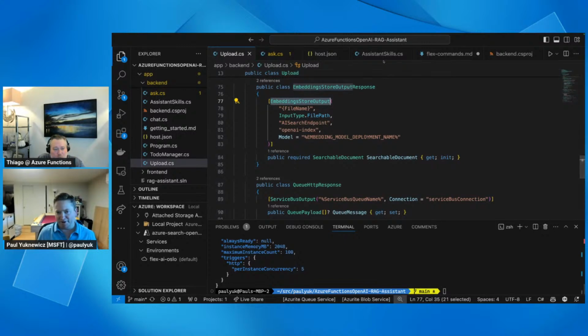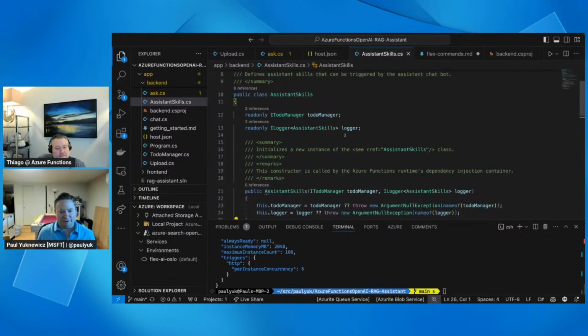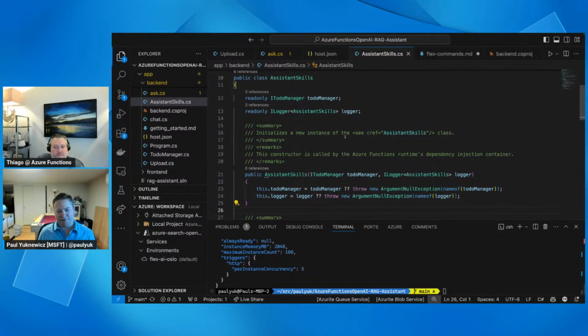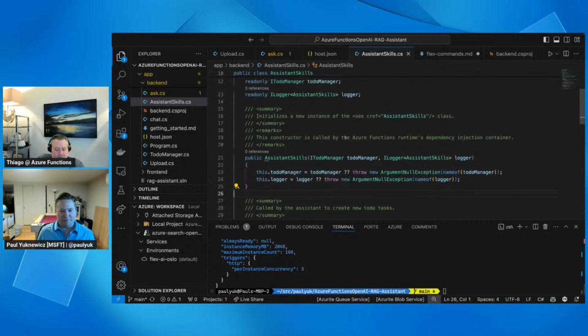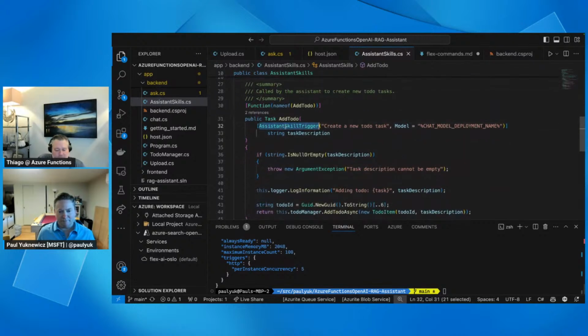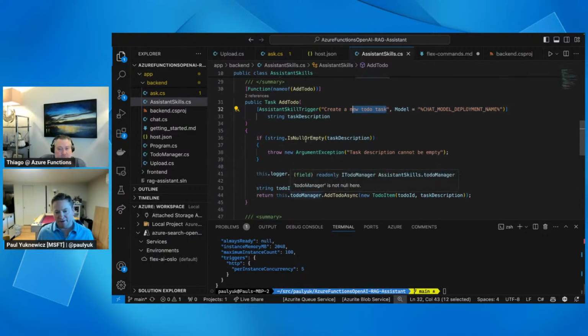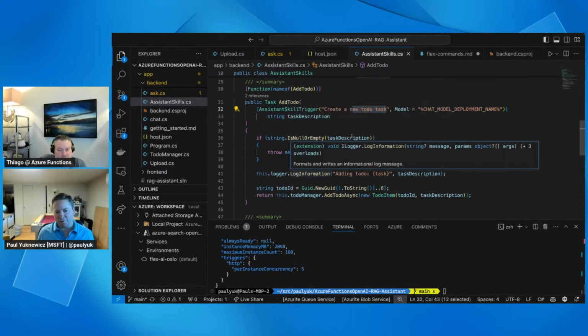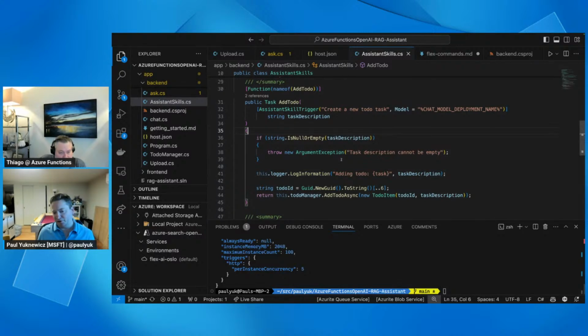One more thing for extra credit. Let's say your prompts contain information that your model doesn't know how to answer. What you can do is use this new assistant skills trigger right here, and you can map, hey, any new prompt I see, like in this case, if the user starts talking about creating tasks, we can say, whenever someone talks about creating a task, I want you to call this function, which actually has an object model that knows how to create a task, and let's say push it to Microsoft 365 or your favorite task provider.